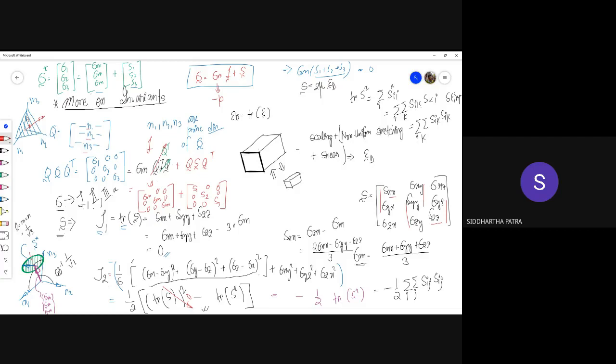Which is a blessing for us, because now we can look at the stress tensor or the deviatoric stress tensor in the same principal coordinates as the stress tensor, and we are able to represent that as a vector. Now,